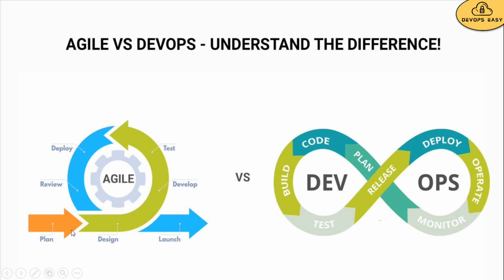Like that, they are following. The developer wrote the code, the tester was testing the code, but they were doing it manually. If it is one server, okay. If it is 100 servers and I want to install something, for suppose Java, in 100 servers, the process was manual. They manually logged into 100 servers and installed the software. But in DevOps, we use different types of automation tools. With the help of a tool, that tool will do it for us.